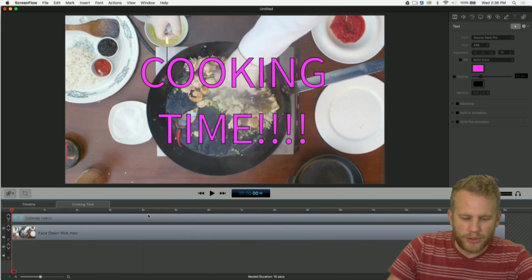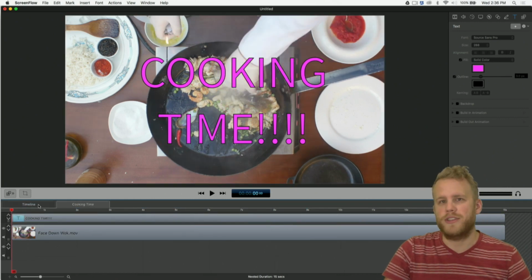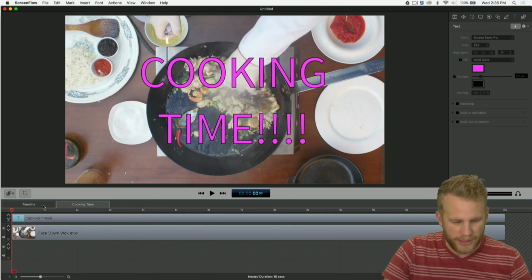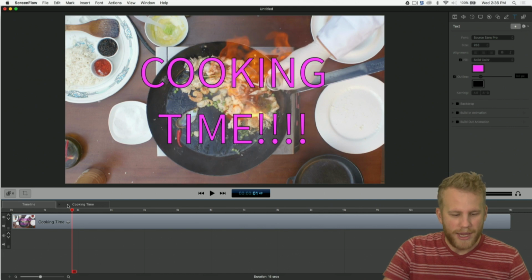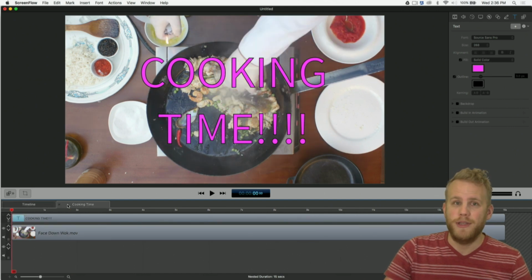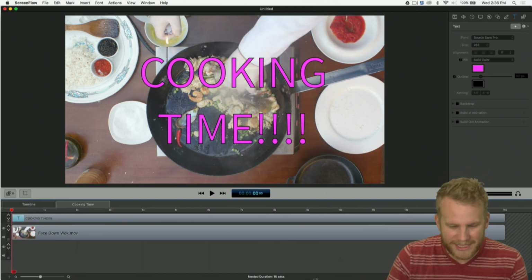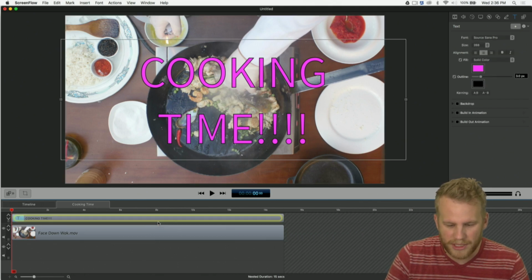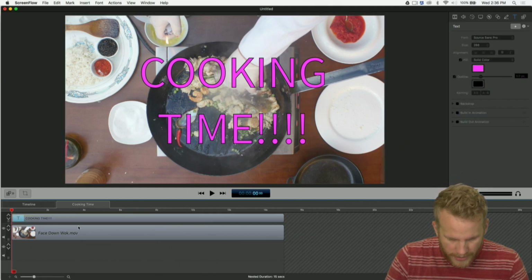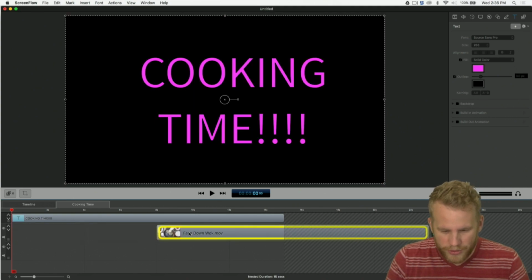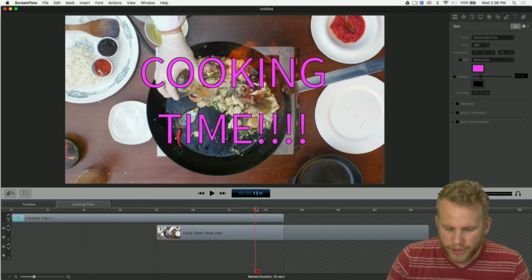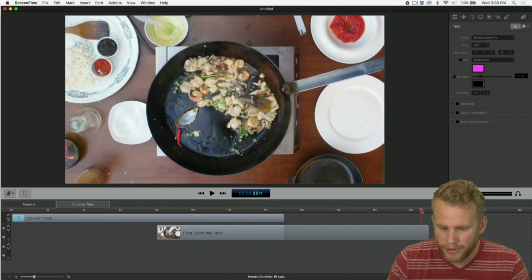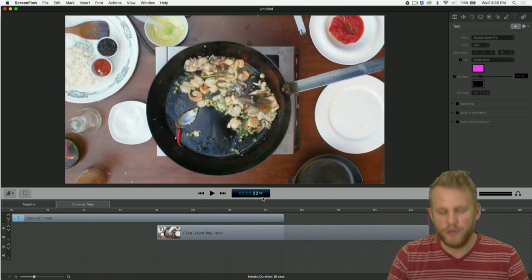And now when I double click it, you can see this new menu section here in the timeline. I have the main timeline where I only have one clip, which is my new nested clip. And then I can open up cooking time, which is my new nested clip. And I can see in cooking time those two pieces of media. And now when I move this over, you can see that my cooking time clip goes all the way to